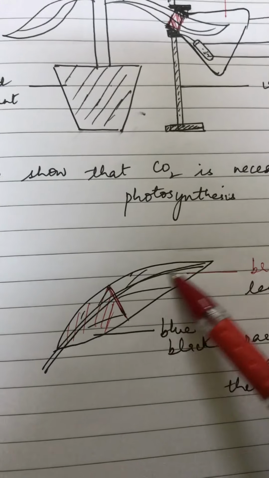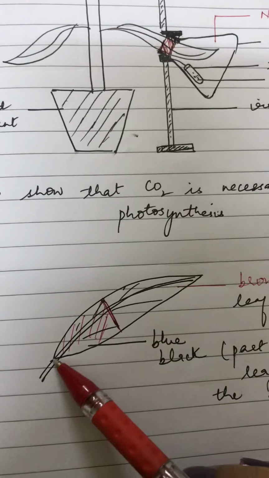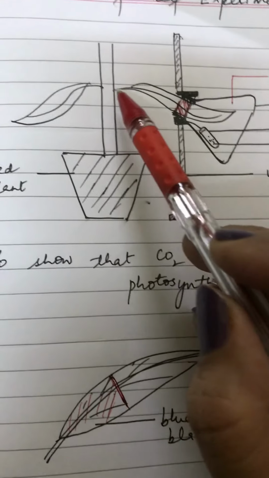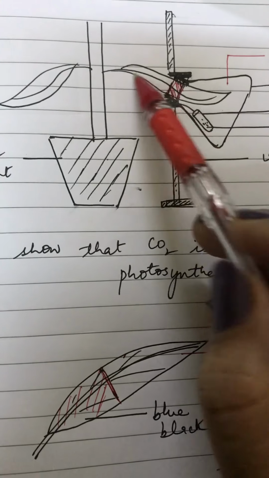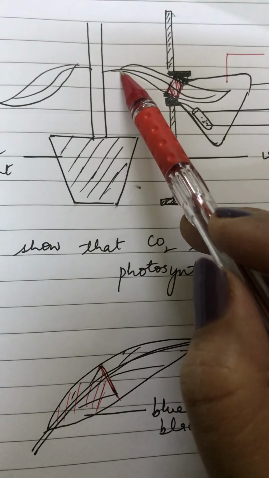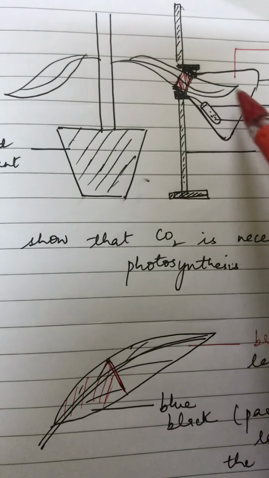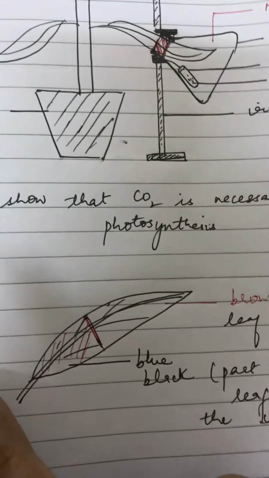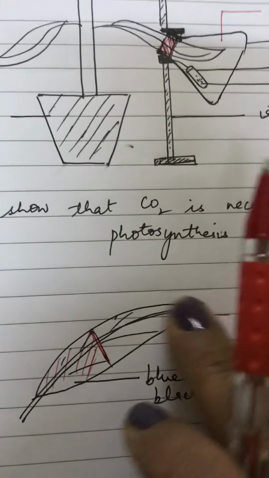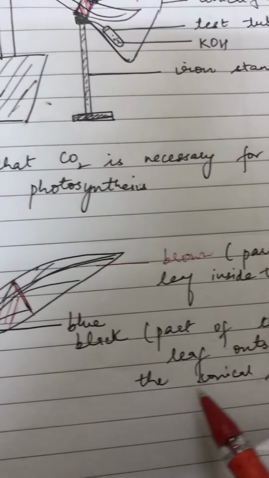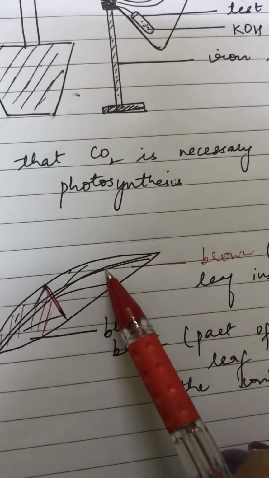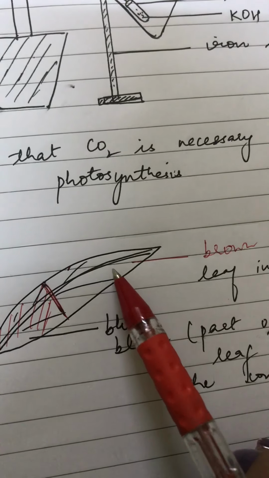So this part of the leaf which was inside the flask, you have to mention, and make sure you draw this stalk so that the leaf has to be seen from here. The part close to the stalk is the one outside the flask, and the one away from the stalk is the one inside the flask. If you don't draw this stalk, how will we know which part? And you need to mention part inside the flask, part outside the flask, like we mentioned exposed areas and covered